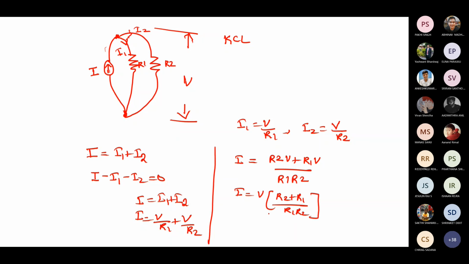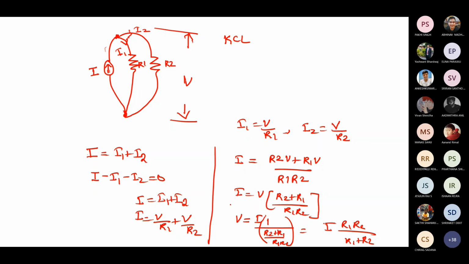So this one again, if you want to take like this, what is V? V is equal to IR, which formula? Ohm's law. So V is equal to IR. If you want to turn this, this term will be taken as the inverse of this. So 1 by R2 plus R1 divided by R1 R2, or is nothing but V is equal to I into R1 R2 divided by R1 plus R2. Isn't it, students? Yes, ma'am.